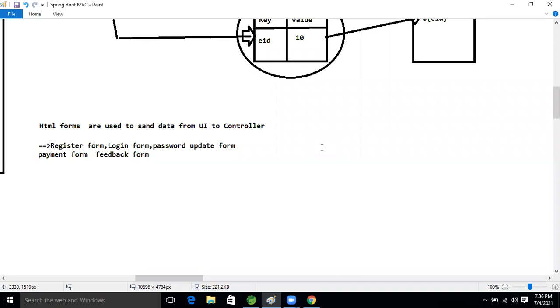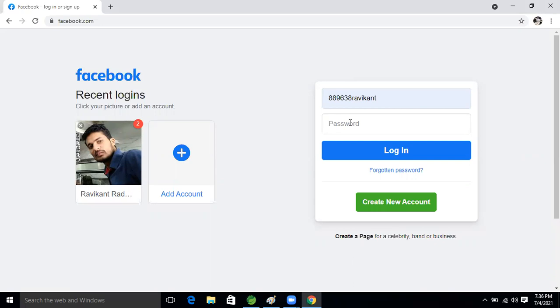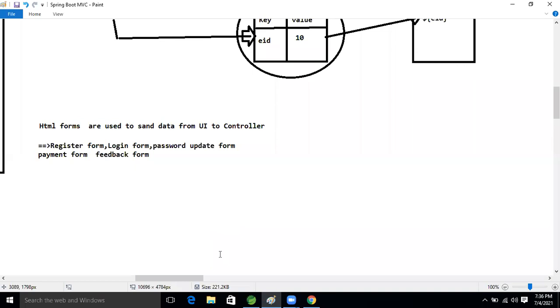It is for permanent storage. The username and password are already stored permanently in the database, right? Because of that, we are able to log in to our Facebook page. Yes, good. So fine now, guys.